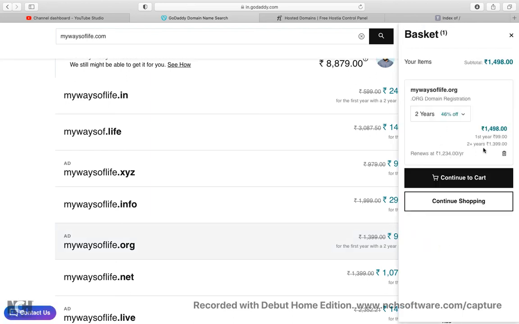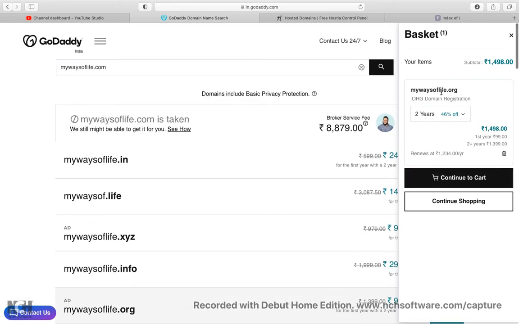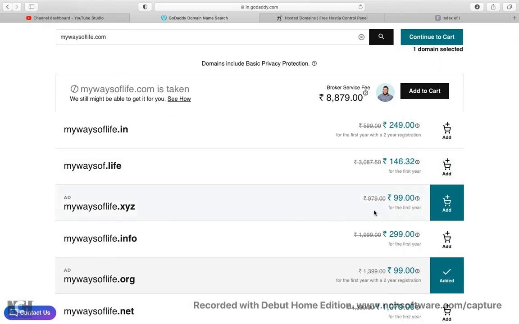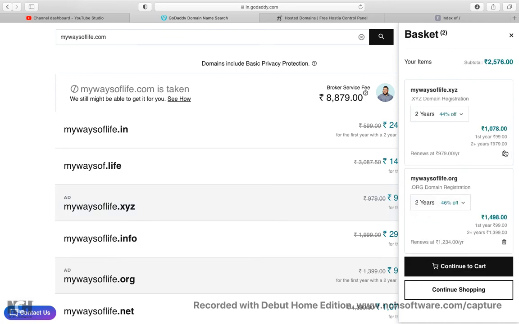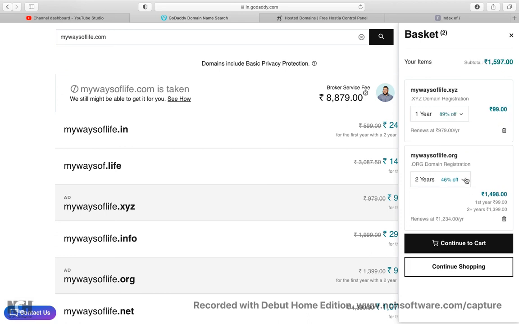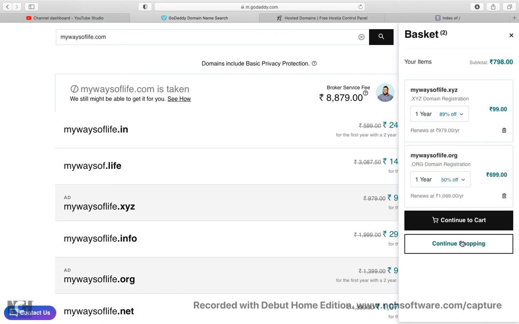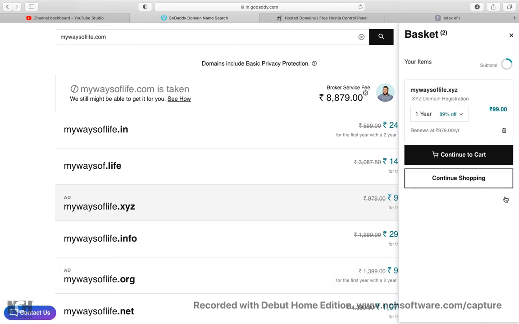Then, okay, for 2 years the cost is something around 99. After that, you'll have to pay more. It's better to go for this. They are giving a charge for 2 years, and for 1 year it is 99. The same way, you can select it, make the payment, and then you will get this domain.